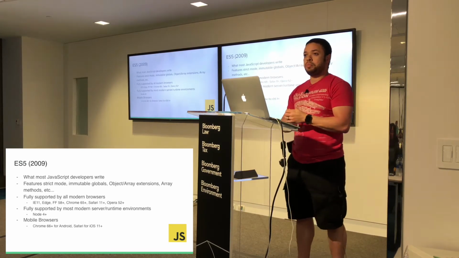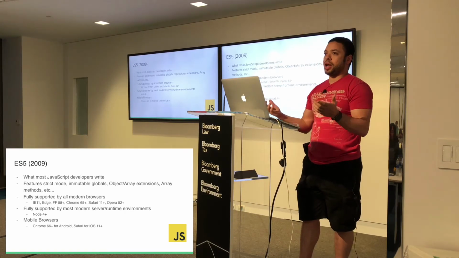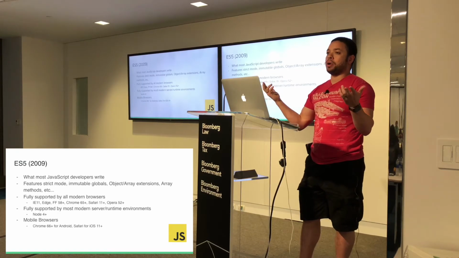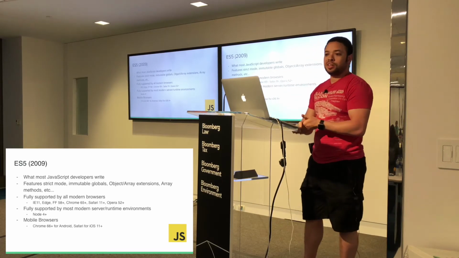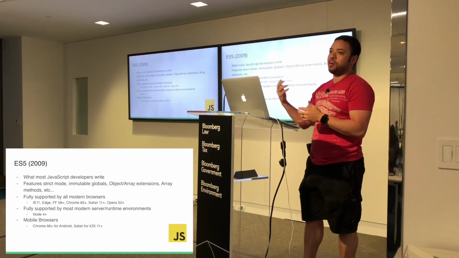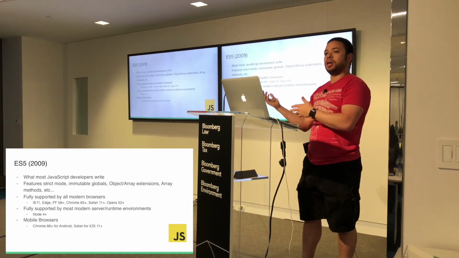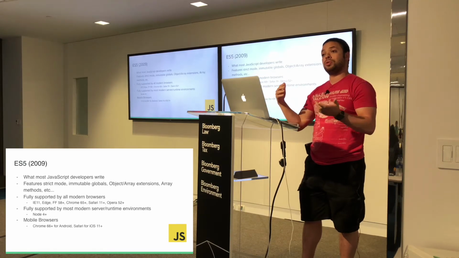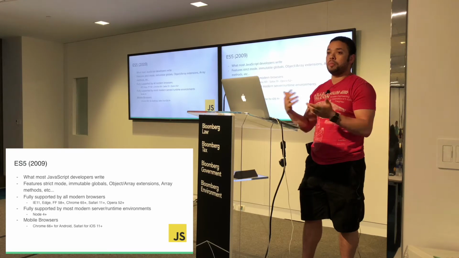The big advantage of why most JavaScript developers write in ES5 is because it's already supported by every modern browser. I don't know if you want to call IE11 modern anymore, but it's still IE11, Edge, Firefox, Chrome, Safari, Opera, and also server runtimes. There's a couple other ones I never really heard of when I was looking this up, but definitely Node 4 is a much older version, but it fully supports ES5 along with the Chrome mobile browsers